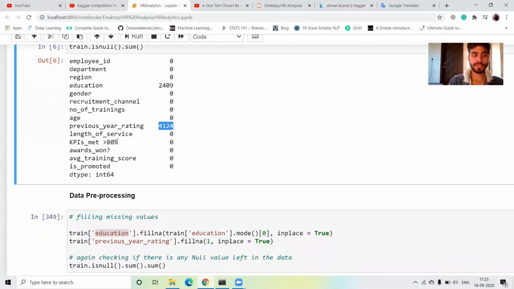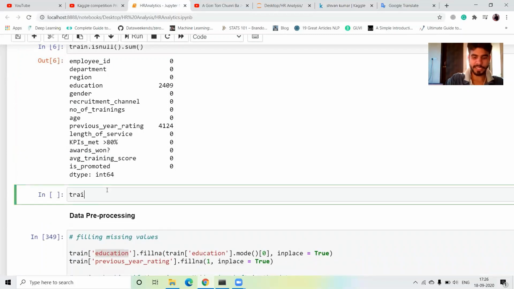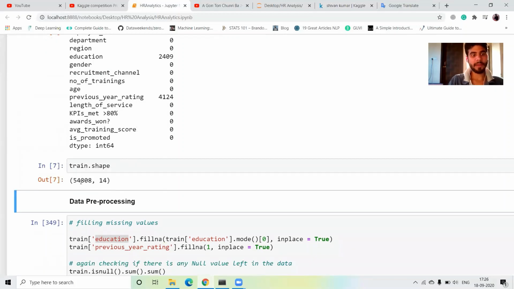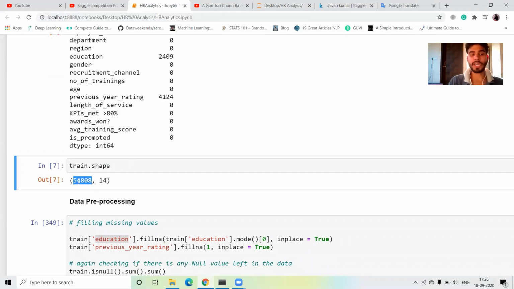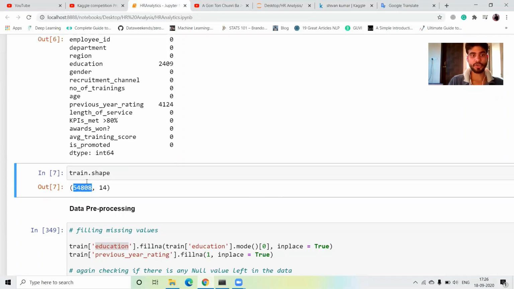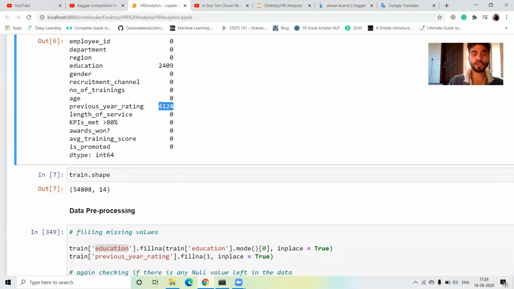First of all I check the shape of our data set, so I just write train.shape. Our data is 54,808 rows, guys. So only 1 or 2% of our data is null, and we have to fill these null values.